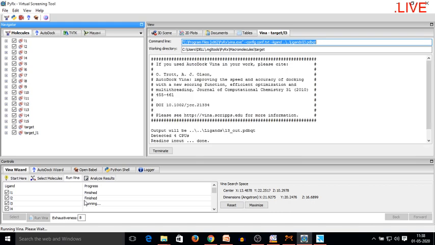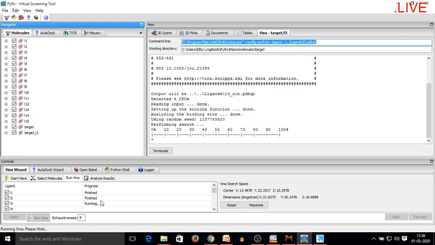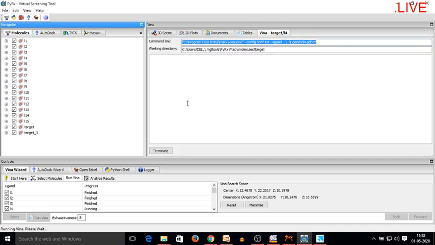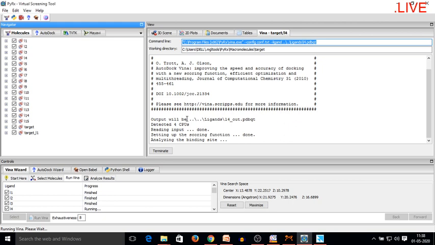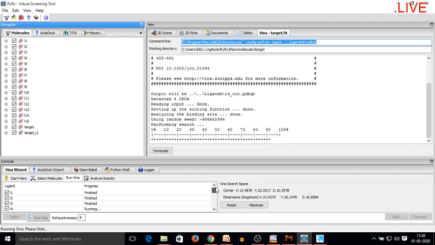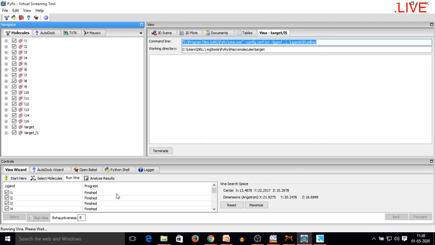Here you can see that the L1 protocol has been finished, L2 protocol has been finished, L3 is running right now. You can see that percentage option, that performance search. The random seed is a very big number, and definitely it is a big file and big execution. Several servers are working on that. So here you can see that the files are running smoothly.